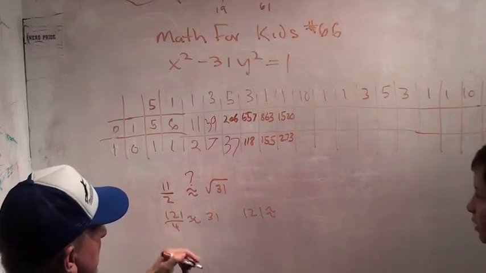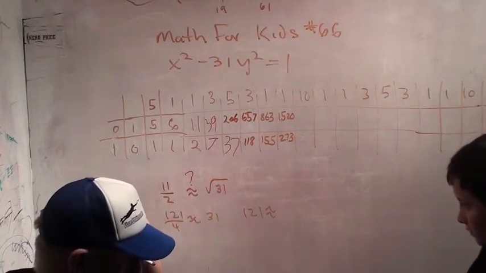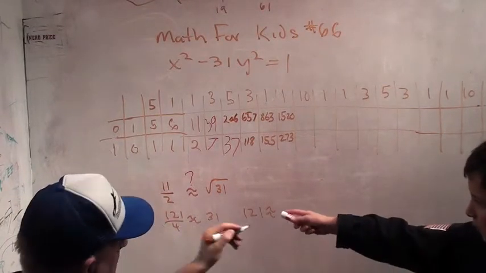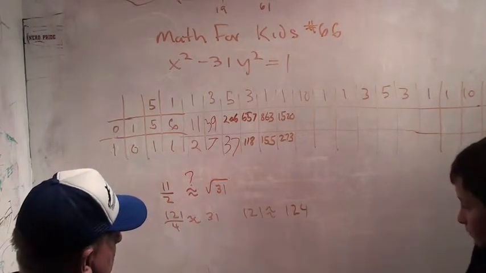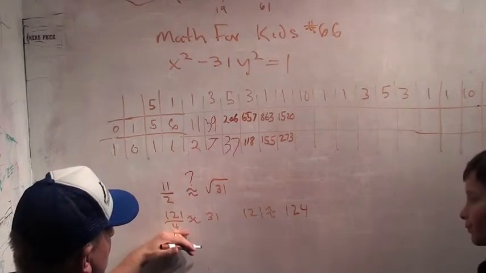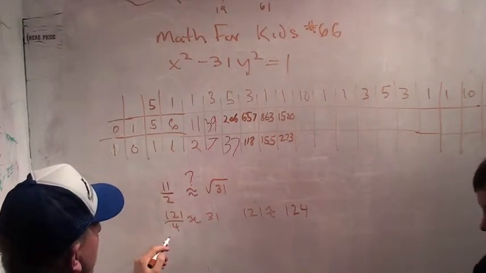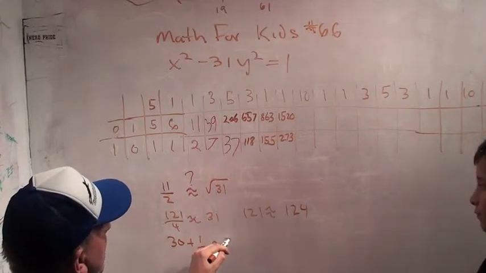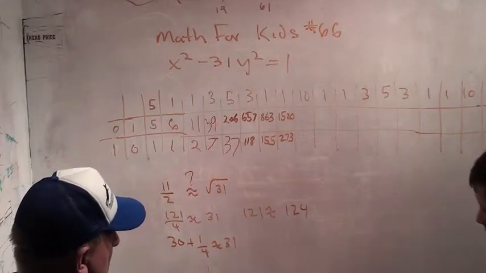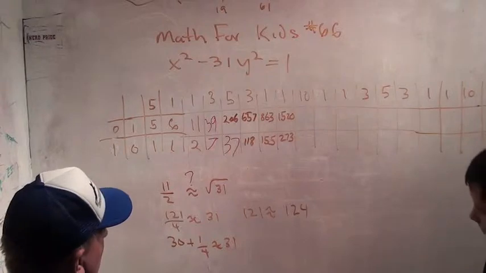Remember, we can multiply both sides. It's 124. Yeah, 124. It's actually pretty close. So this, which is, by the way, 30 plus 1/4, is indeed approximately equal to 31. And here we have